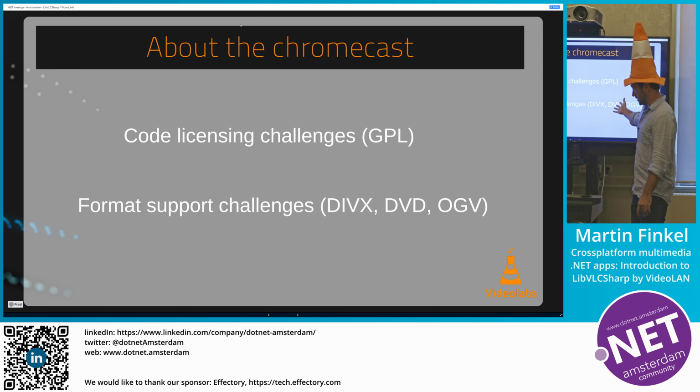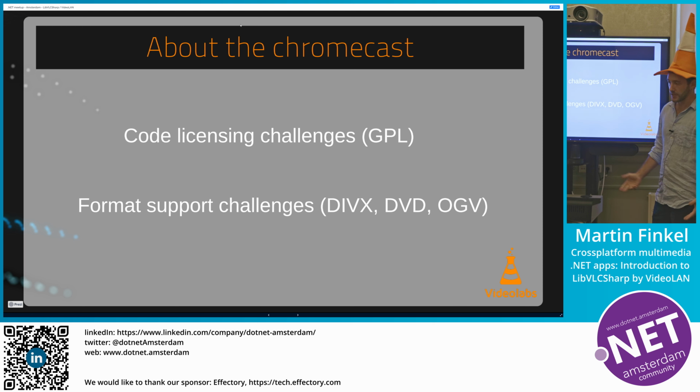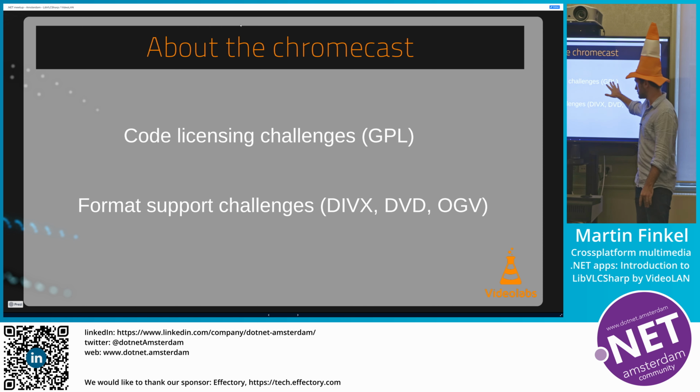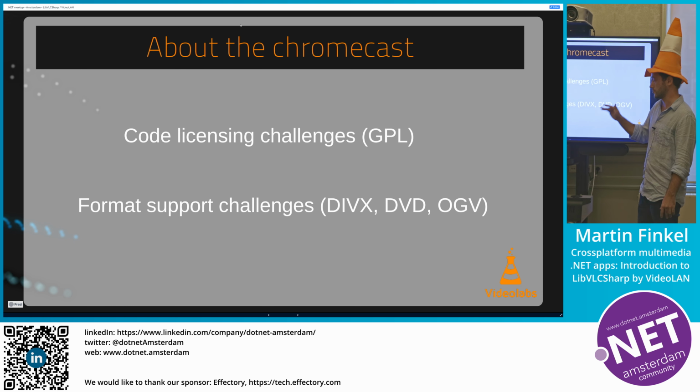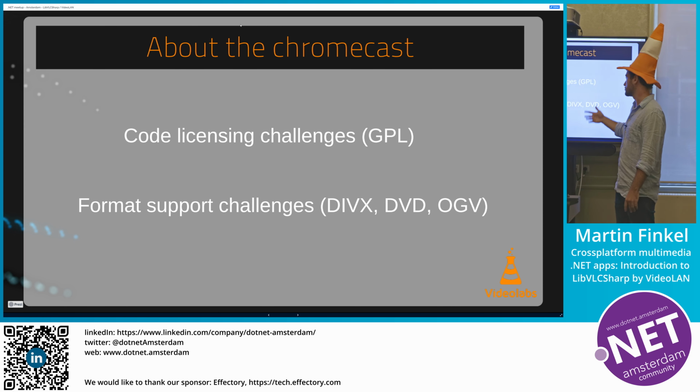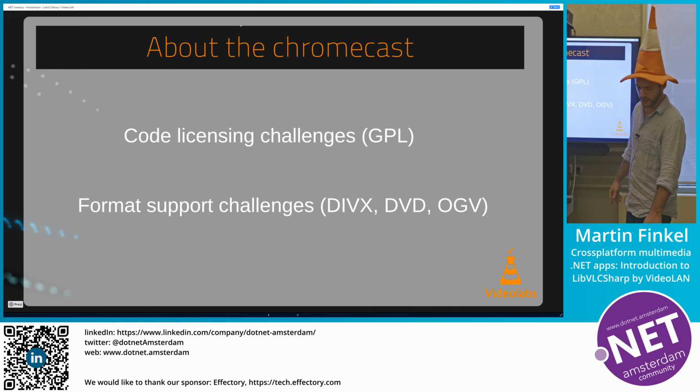So considering these two main points, VLC developers built their own open source SDK. So this was not an issue anymore. To be able to find a solution for this, they managed to do transcoding live when the format is not supported by the Chromecast, which means that VLC will check what Chromecast you have, because depending on the Chromecast, there is different format support. And if it's not supported, then before sending the content to the Chromecast, it's going to transcode it to WebM or H.264.